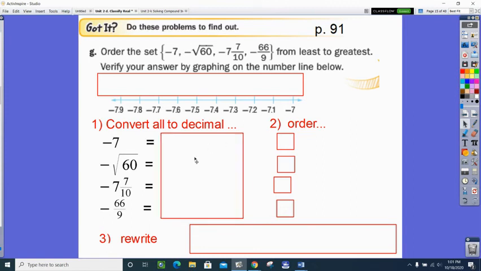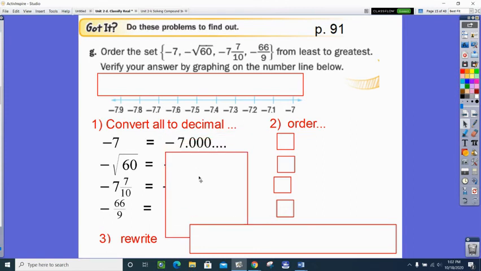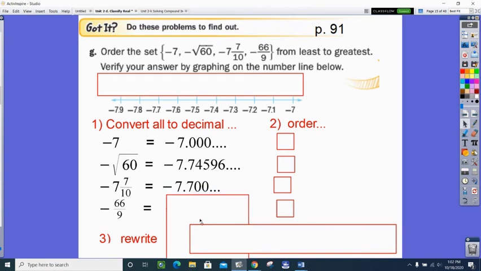Okay, so I would have started kind of down here. Well, -7 is -7. And notice I just put some zeros on there. Negative square root of 60 is -7.74596, and I stopped. -7 7/10 would be -7.7, and I'm adding some zeros on after that so I can make a comparison to the number above. And 66 divided by 9 would be -7.33333. So now I need to remember that when I go least to greatest, right, negatives go in the opposite